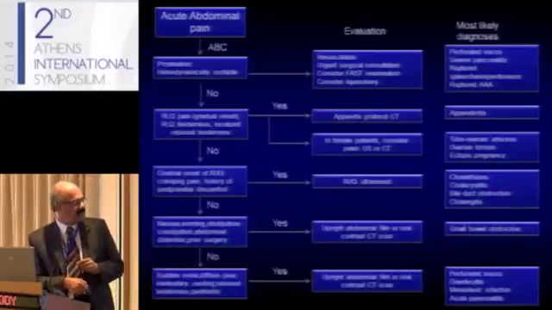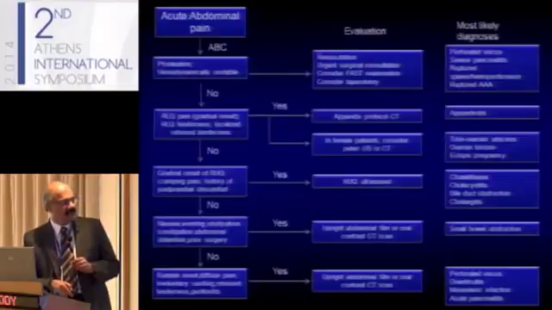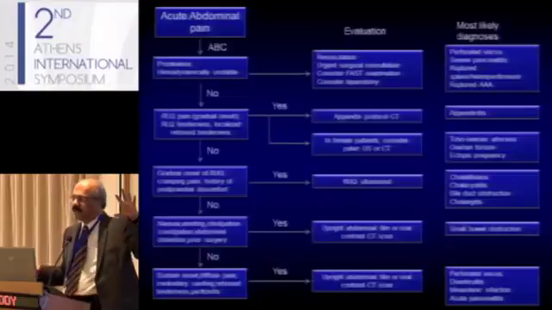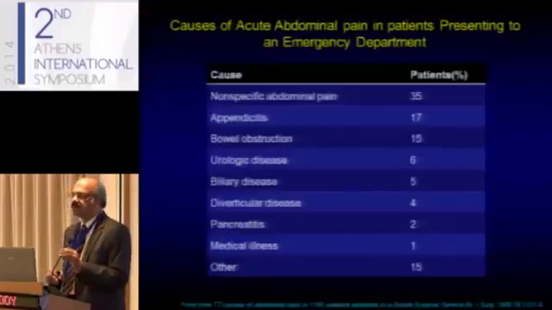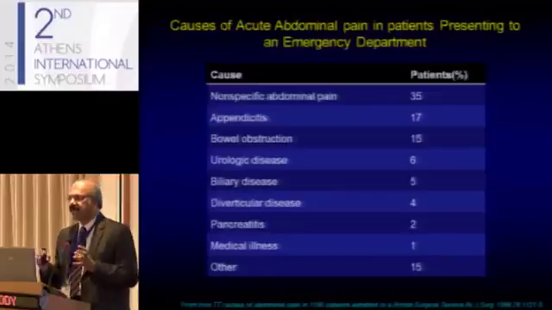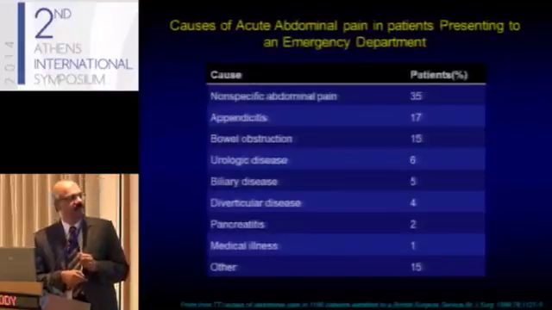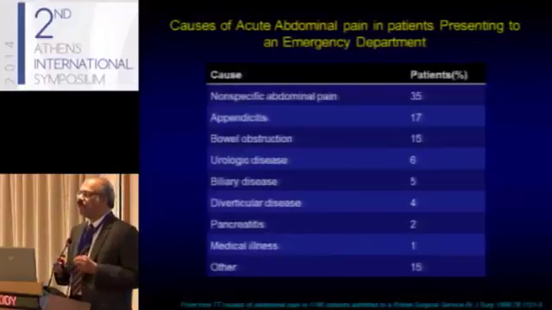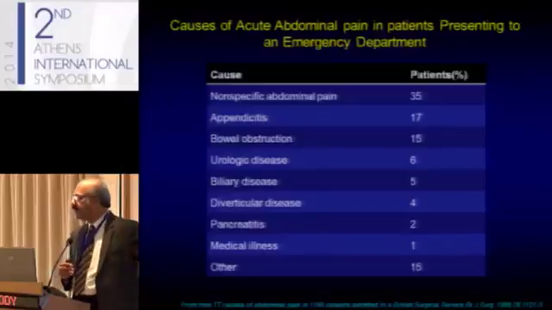And coming to the last category of patients, who have sudden onset of diffuse pain with tenderness and peritonitis, of course in these patients again sometimes mesenteric ischemia, like I showed you, or acute pancreatitis has to be diagnosed. So based upon the pattern of presentation, clinical examination and very few investigations will often give us the cause of pain. Surprisingly, if you look at many hospital emergency services, you will find that 35% of abdominal pain patients don't have an obvious cause. There is no diagnosis in spite of coming with acute abdominal pain to the emergency.